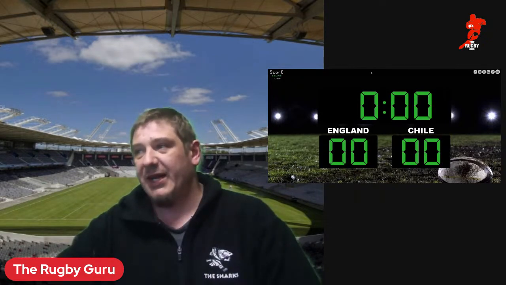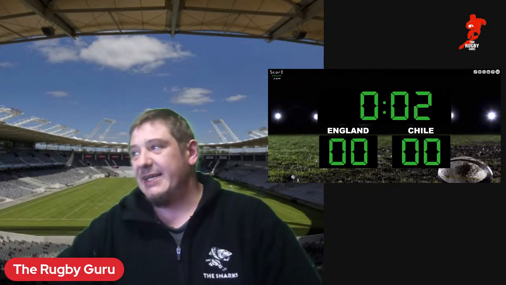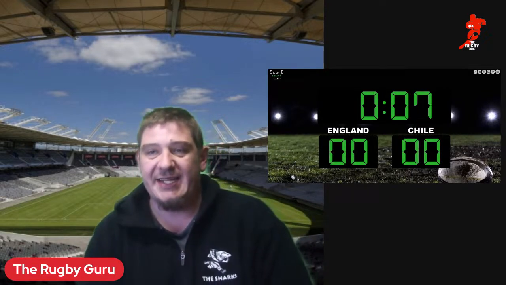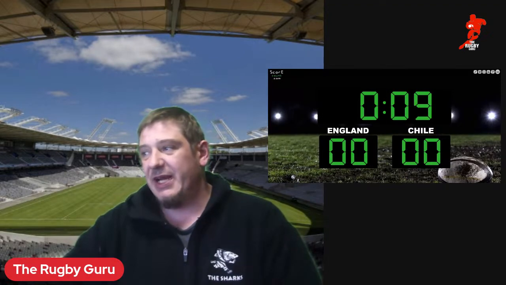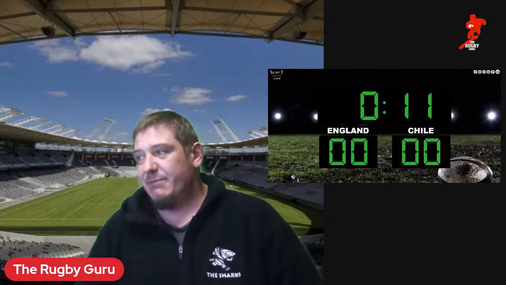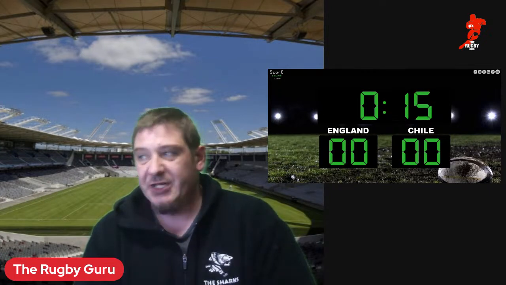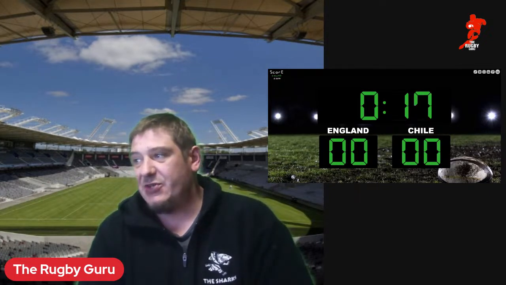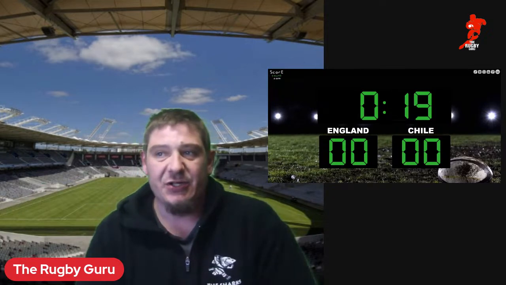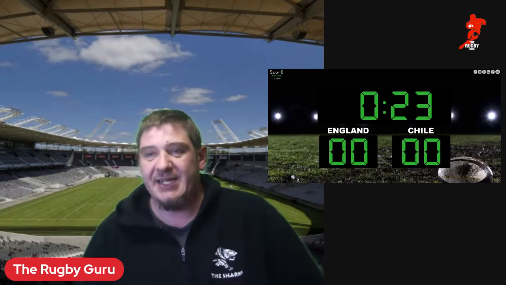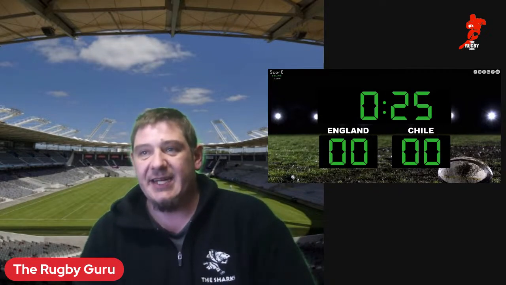Here we go, and underway we are in this game between Chile and England. It's Chile who takes it up immediately from the kickoff, and it's well taken there by Bomey. Chile now looking for this ball, and it's the scrum half there, Videla, who gets it back, and it's kicked ahead there by Rodrigo Fernandez. Not going to find touch, and now it's England on the counter.